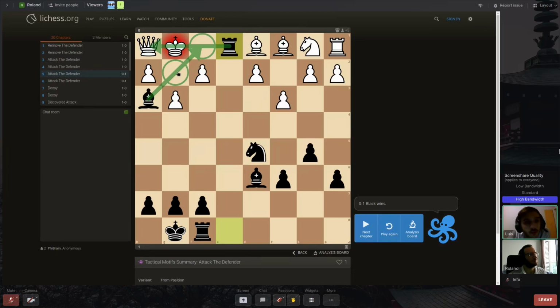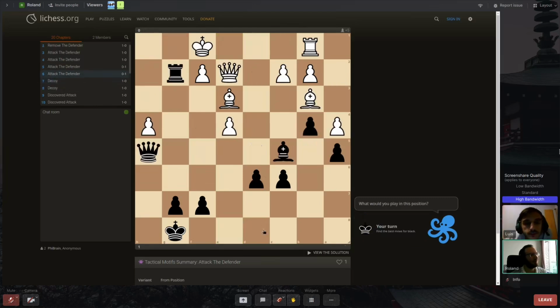Well, I repeat always saying make a list of candidate moves. In this case, check, only move, and checkmate. Not very difficult once you calculate it, but we might miss it as well, since we have to sacrifice the queen to deliver this checkmate. Absolutely. This is a very nice example, as you said, Master Luis. Moving on to the next one,